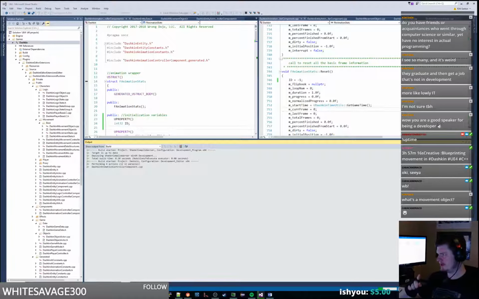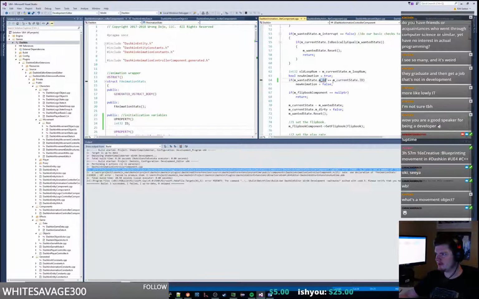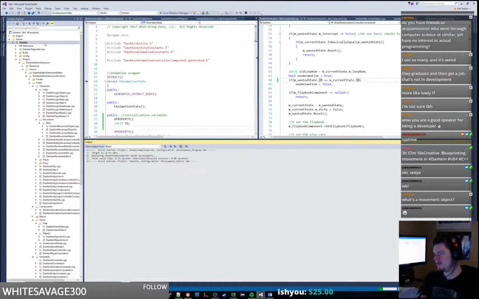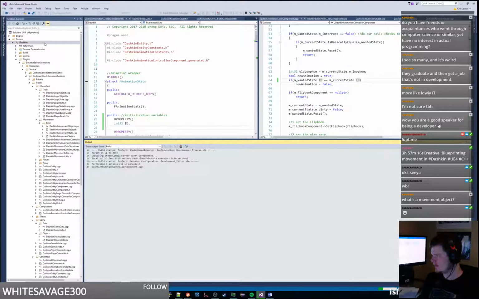And what we're going to do is call play animation. We are then going to save the animation ID, and if we have a saved animation ID, we're going to be checking if that animation is playing, and if it is going to finish this frame, then we will allow ourselves to jump, and we'll unlock the animation that same frame. So we're not going to use animation events, even though you might expect us to. And that's just kind of one of those things